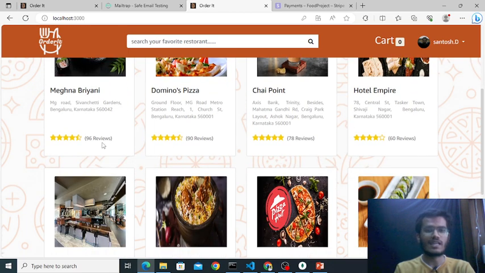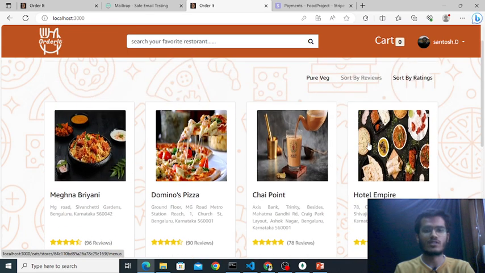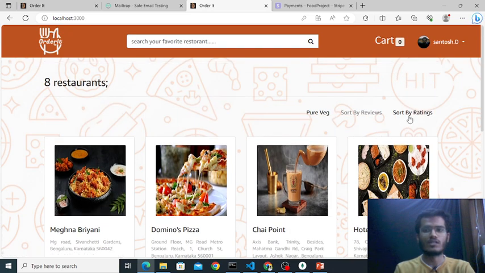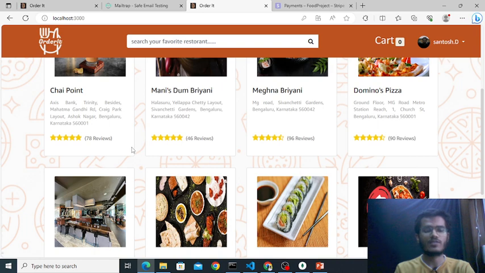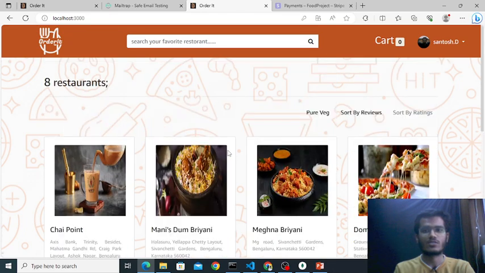For example, one has 96 reviews, another 90, another 78, in descending order. If I click ratings, the higher rated ones will come first, and the lower rated ones after that. So these are the features.